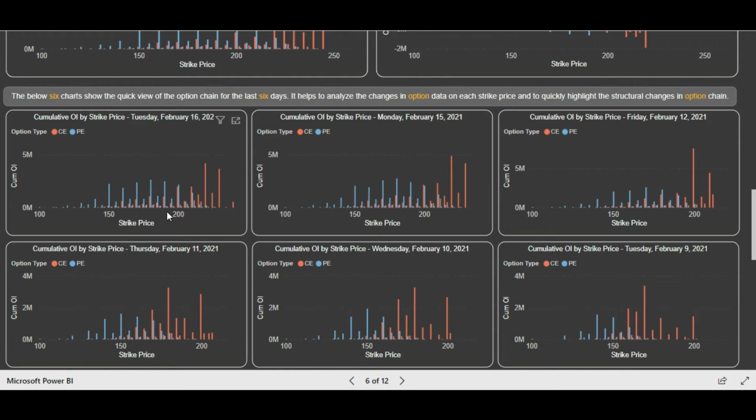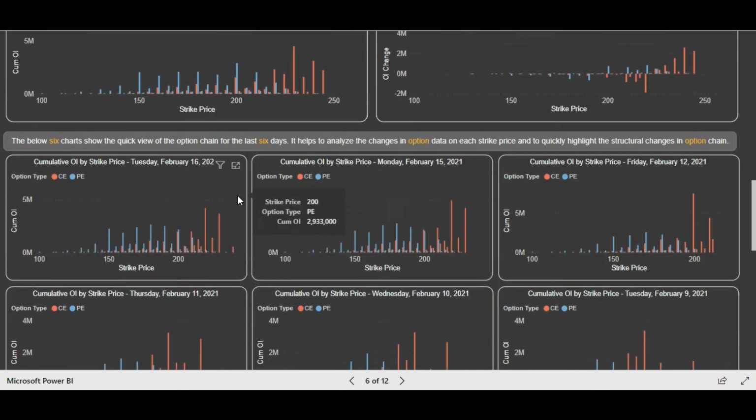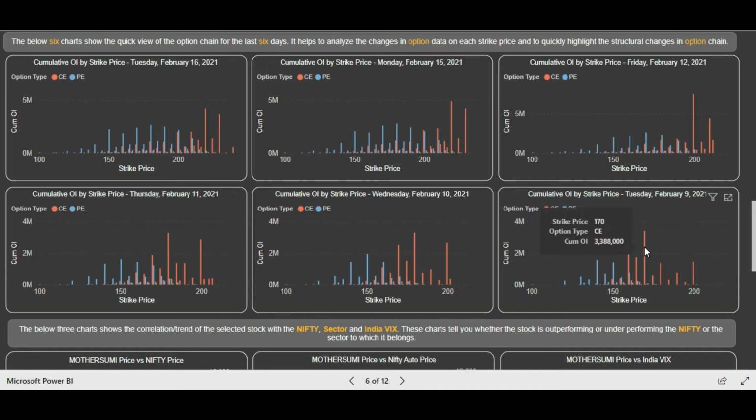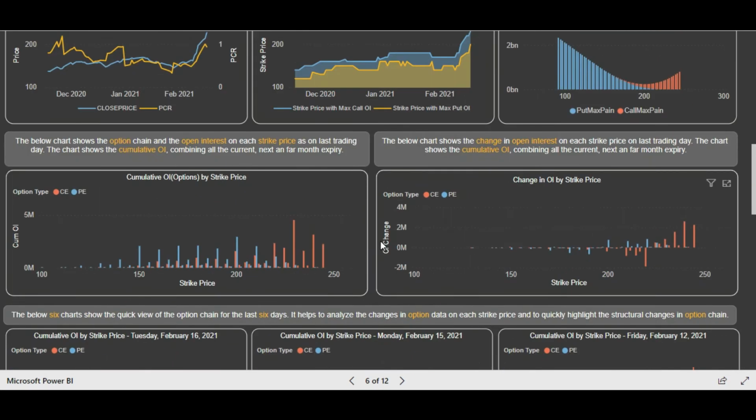And now on the 16th of February, you see huge put writing and call writing reduced by a significant level. And today, call unwinding has happened on the higher strike prices also, 220, and people are writing puts. So now 200 has the maximum put writing, and just 7 days back, 170 had the maximum call writing. So you can see how the data changed drastically using all the timeline graphs, building a story and visualizing it in one view. This is how you have to analyze the option chain, in order to take effective trades.